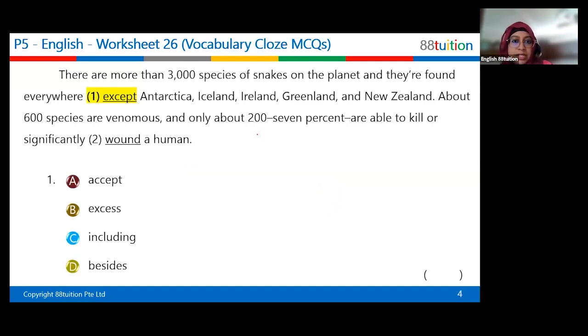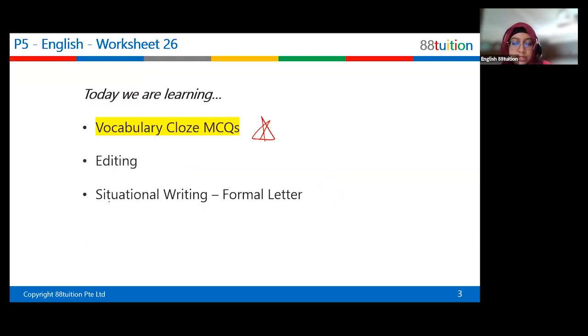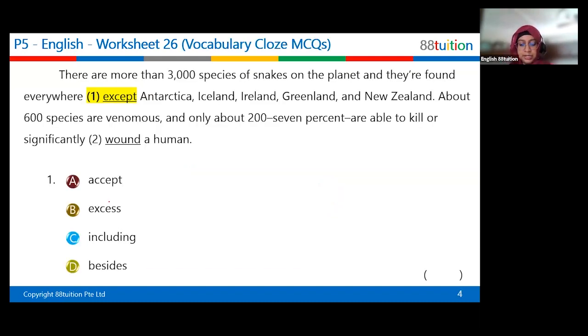Vocabulary cloze. This is the first question. I would like you guys to take 30 seconds to read the question and then think of the answer, while one of you shall share with me the question and the answer. Take 30 seconds to read the question first. Okay, Jekai, can you read this first question and give us the answer?